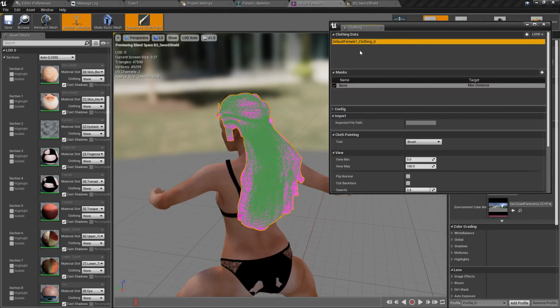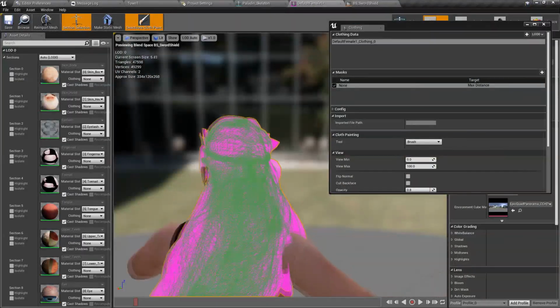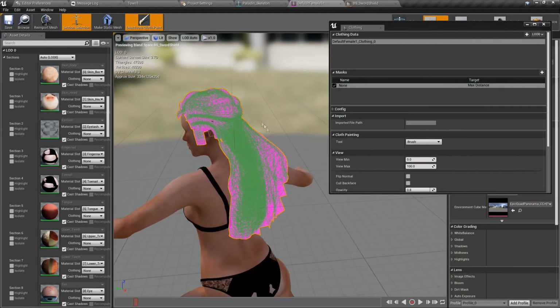So we select our selection, and this is default, and now we need to decide where actually this selection will behave like hair moving around, and not on the head directly, but here we can begin painting,